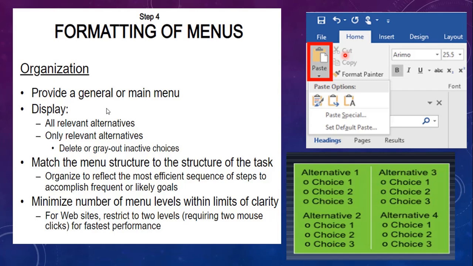Some researchers suggest that deletion does not provide an advantage to the expert users of keyboard driven menus. Graying out seems to be advantageous in the case of pointer driven selection devices.